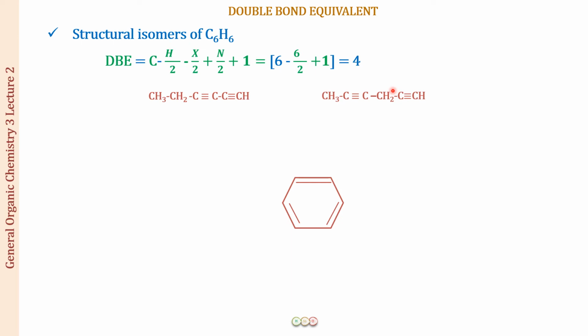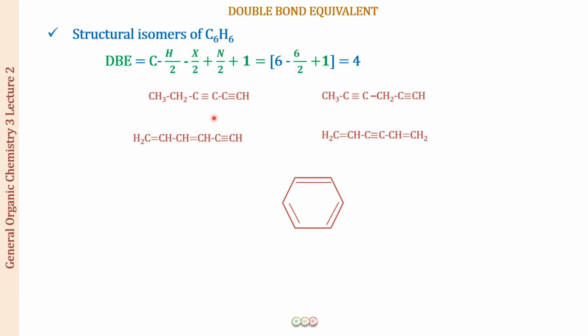Now, if we can draw two triple bonds, this means that I can draw a triple bond and two double bonds also, right? So let us do that. We are going to draw a triple bond and two double bonds in the structure. I can vary the position of the triple bond and the double bonds. Next, you can think that if it is 4, it can be 4 double bonds. Just look at whether you can draw a structure where there are 4 double bonds present in the compound, and whether you can do the branchings of these. So every possibility is now open for you. Just draw all the possible structures you can. The molecular formula should come as C6H6. The DBE value should remain 4 for all the possible isomers.